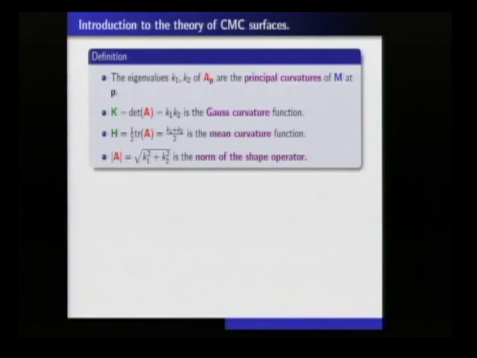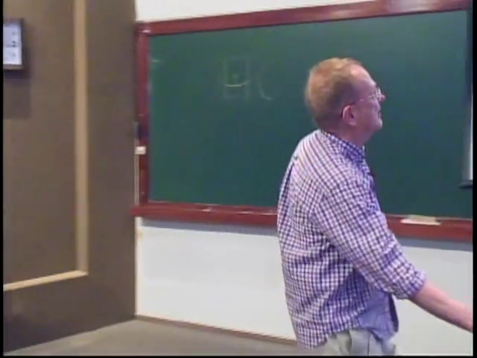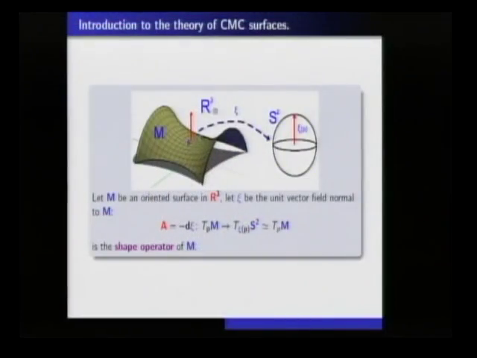Then we have the Gaussian curvature function on the surface, which is just the determinant of the shape operator. It's very important to remember that the determinant of a map is the Jacobian of the map, and that tells you how area changes. So when you look at this last map, you take a little teeny disk here and look at its image. It gives a little surface around, say, the North Pole in this picture. And the determinant tells you how you stretch area.